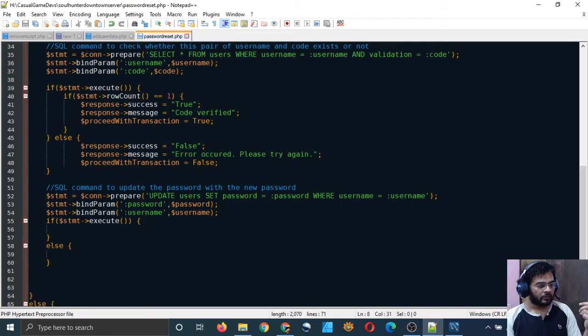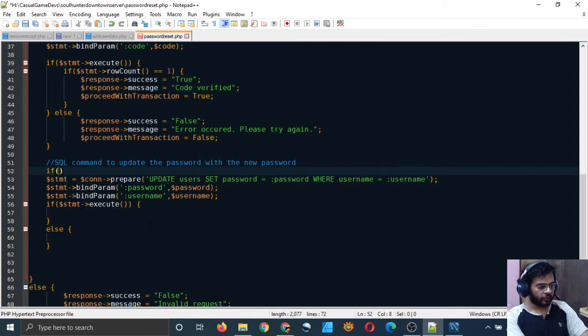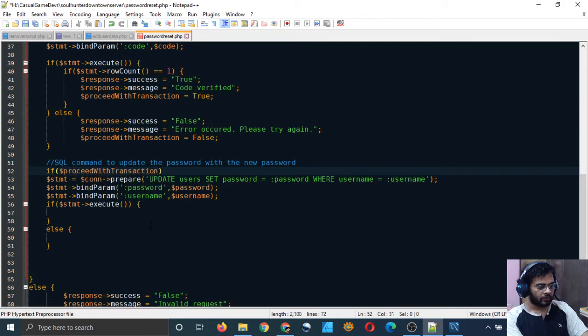By default it is false, but we are explicitly telling it to be false, and its value should be set true only here and nowhere else. This is very important. And here also, before running this command, we should check whether proceed with transaction is true or not. If it is true, then we will run this whole thing, otherwise we will not, right? That's very important.